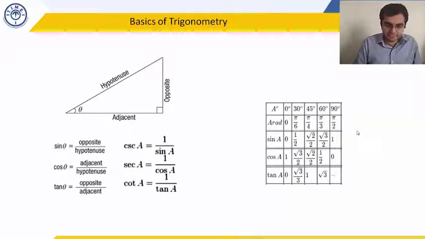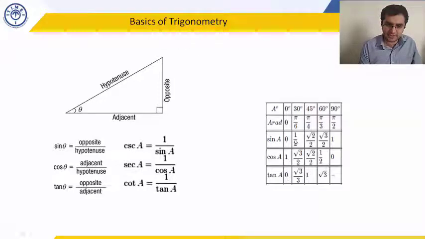Next, tan A. So we know that tan A is sine. One thing that you can write down again over here is tan theta is simply sine theta divided by cos theta. When you've written the definition of tan theta in your copy, you can also write that it's equal to sine theta divided by cos theta, because then hypotenuse will get cancelled out and you'll get opposite divided by adjacent. So tan theta equal to sine theta divided by cos theta. So now you can just divide.